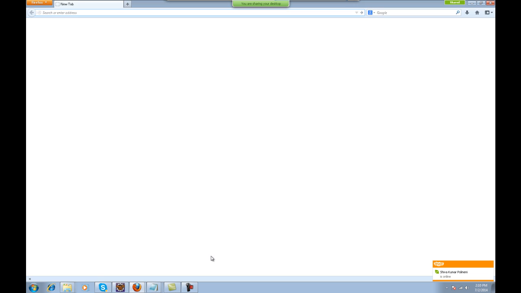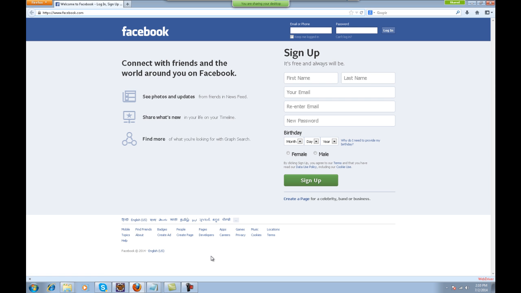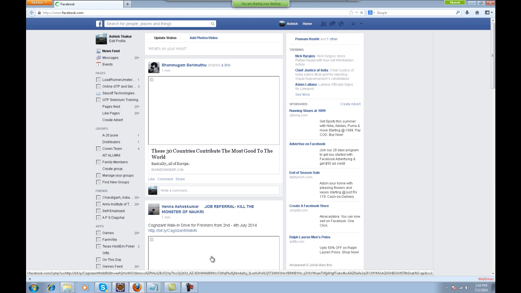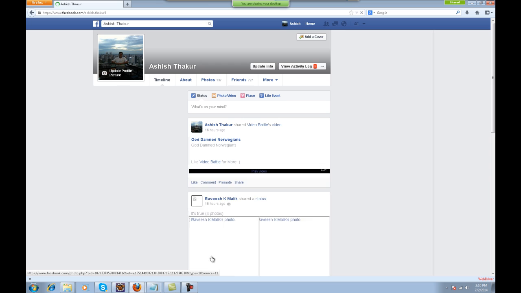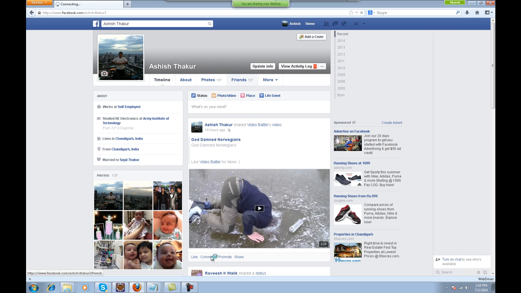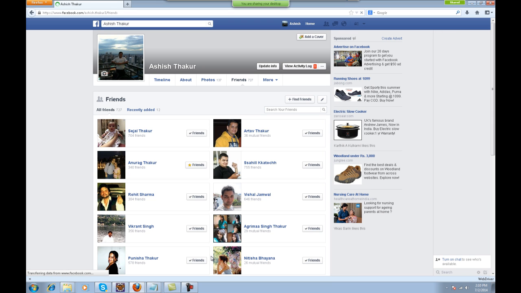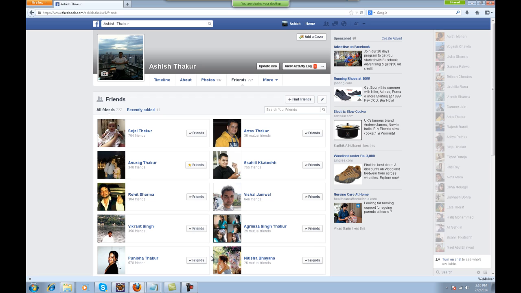Yeah, it launches Firefox and it goes to Facebook, logs you in, clicks on your profile, and then it clicks on friends. So I am able to come onto the page where all my friends are present.